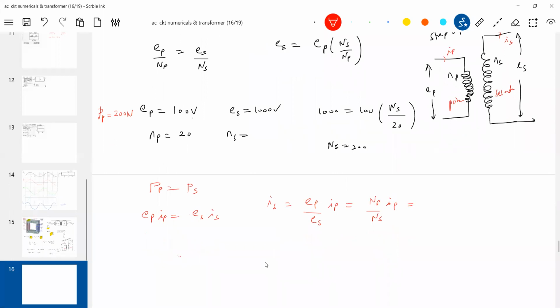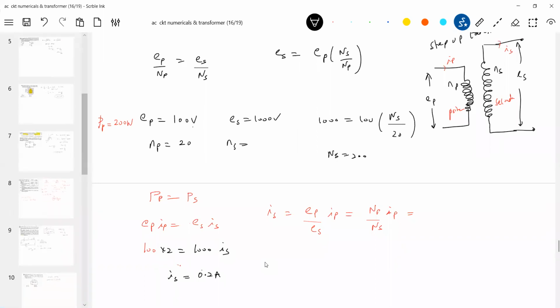EP is equal to how much here? 100. So this should be equal to 2. The secondary voltage required is 1000. We'll calculate IS. So how much should it be? 0.2 ampere. So at the cost of increasing voltage,